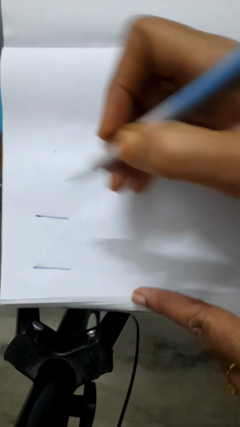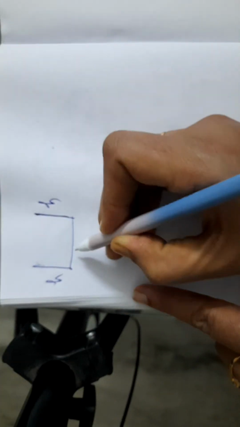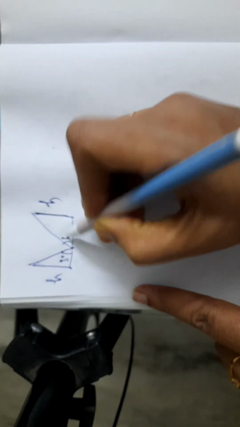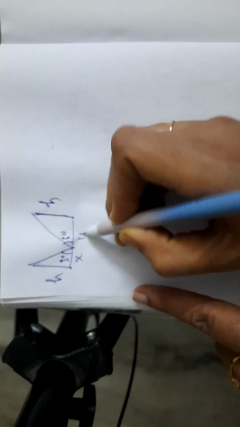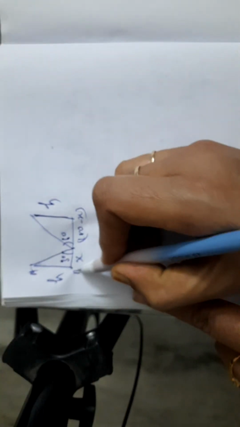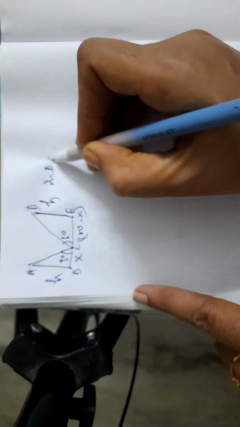So here two pillars are there. Those who completed, please verify it. Two pillars are there of same height h, and the angles are 30 and 60. So let this be x, so this will be 100 minus x. Consider any of the triangles like A, B, C, D, E. In triangle ABC,